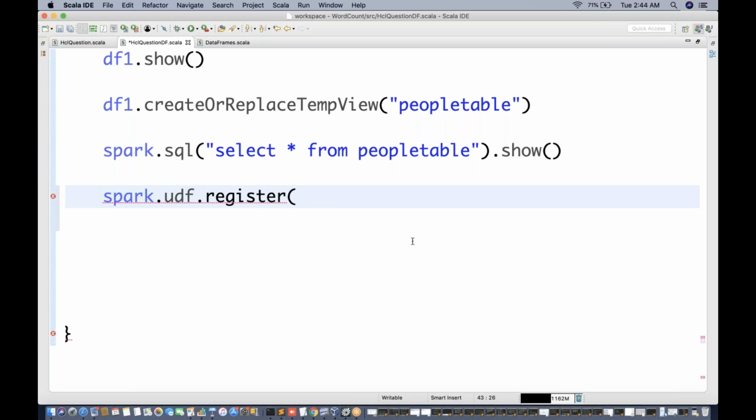And here what I need to give is the name of the UDF. Let's say I have given it the name my function. And now here I need to write the definition of this function.